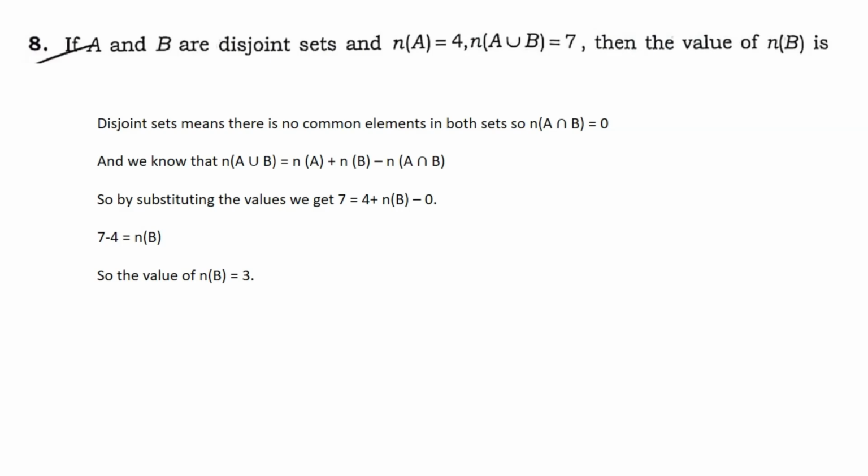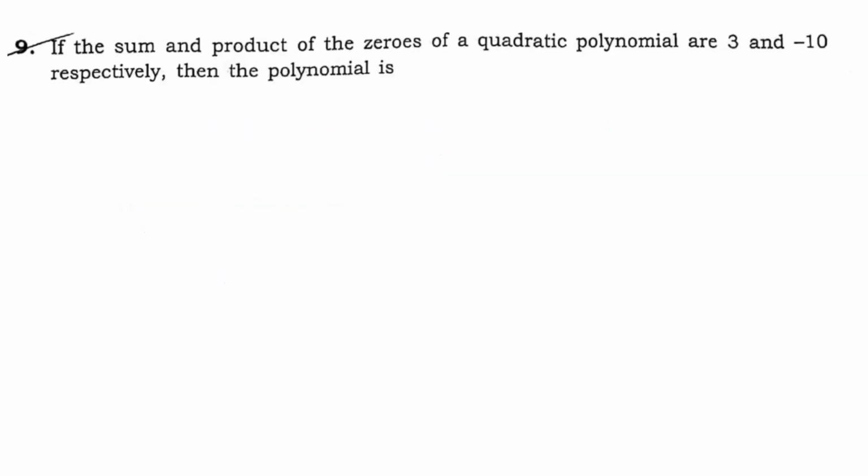So n of A intersection B is 0, and we know the universal formula n of A union B equal to n of A plus n of B minus n of A intersection B. So by substituting the values we get 7 equal to 4 plus n of B minus 0. By that you can get n of B is equal to 3, right? Okay, coming to next question,